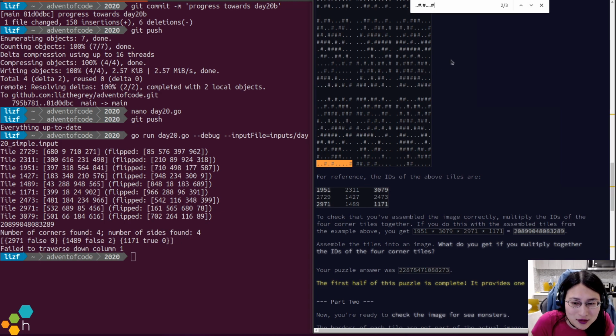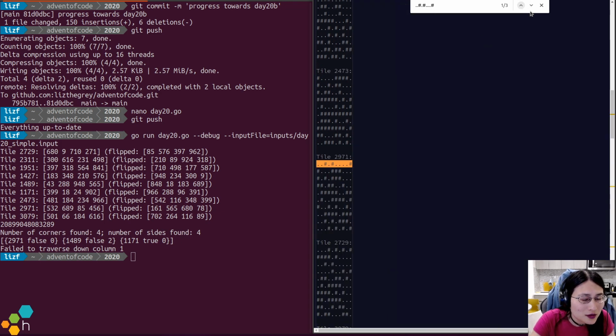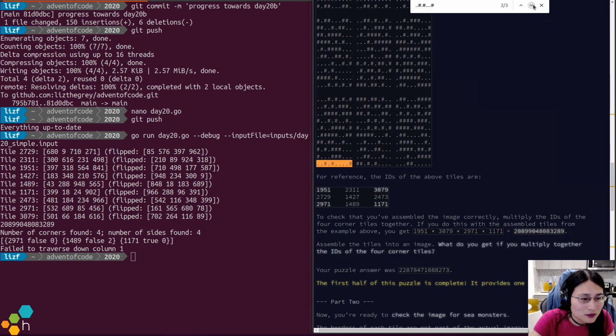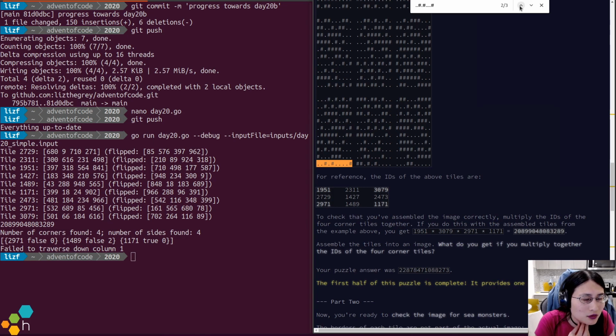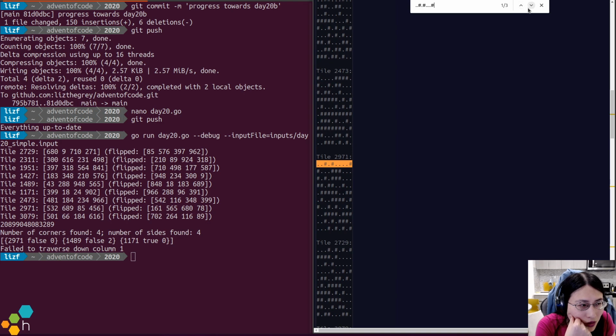Wait, sorry, 2971. Is that row? So it's been flipped and rotated twice in their example. It's a little annoying. Is that correct? Think about it.